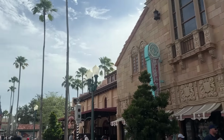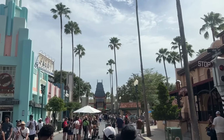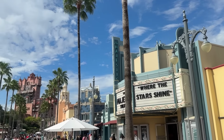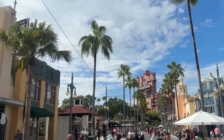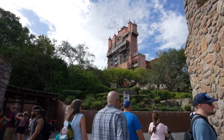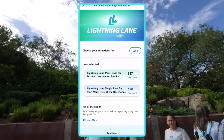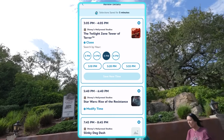Now, at Animal Kingdom, where I started this series on the last episode, we did not use multi-pass lightning lanes. We only got a fancy ride for Flight of Passage. Here at Hollywood Studios, I did purchase multi-pass as well as a fancy ride because this park has so many heavy hitters and the wait times can be really hit or miss. Unlike Animal Kingdom, this park does tend to get really popular at night because of Fantasmic, so I will be using lightning lanes throughout the day. And while this won't be a full lightning lane breakdown, you will be able to see me using it in real time. And our first lightning lane I came into the park with is for right now at Twilight Zone